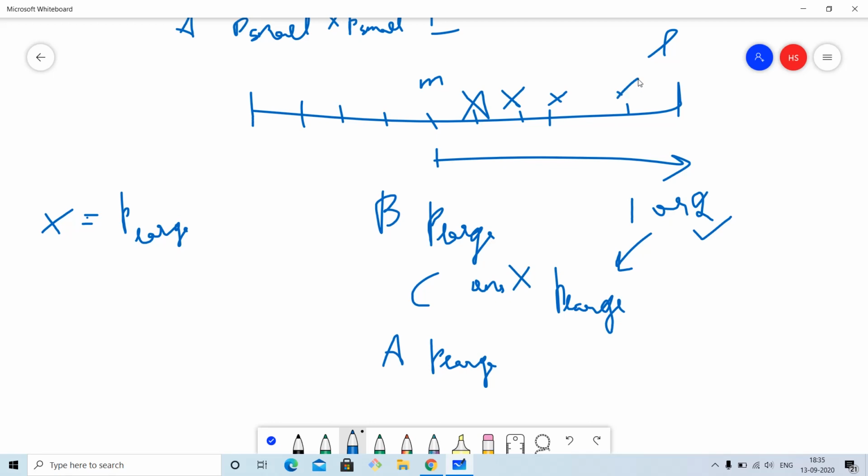So if X is not a large prime number, it will remove all the prime numbers. But let us say X is here and X is also a large prime number, so it is not going to be deleted and will still be there. So for checking this, we're going to process A_large, and if we find A_large to be 1, then that means that X is itself the P_large, and we're going to output the result to be P_large.